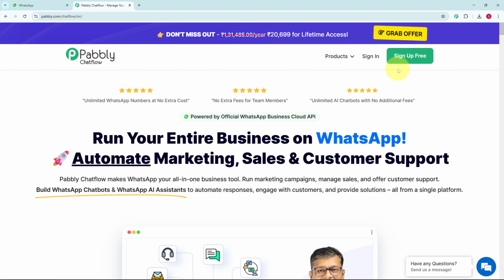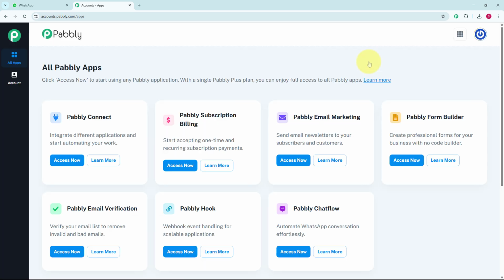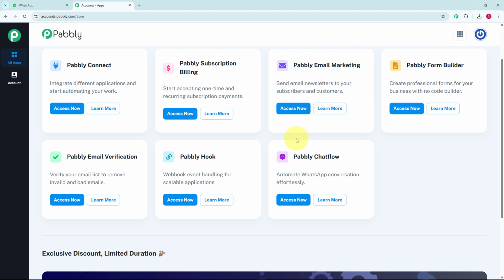If you are a new user, you can just click on sign up free, but if you are an existing user, you can click on sign in. But as I already have an account on Pabbly, I will just click on sign in. Once you finish your sign up, you will get this all Pabbly apps page, and here you can see these are the apps provided by Pabbly. You can access any of these apps according to you, but for creating a chatbot, we just need to access